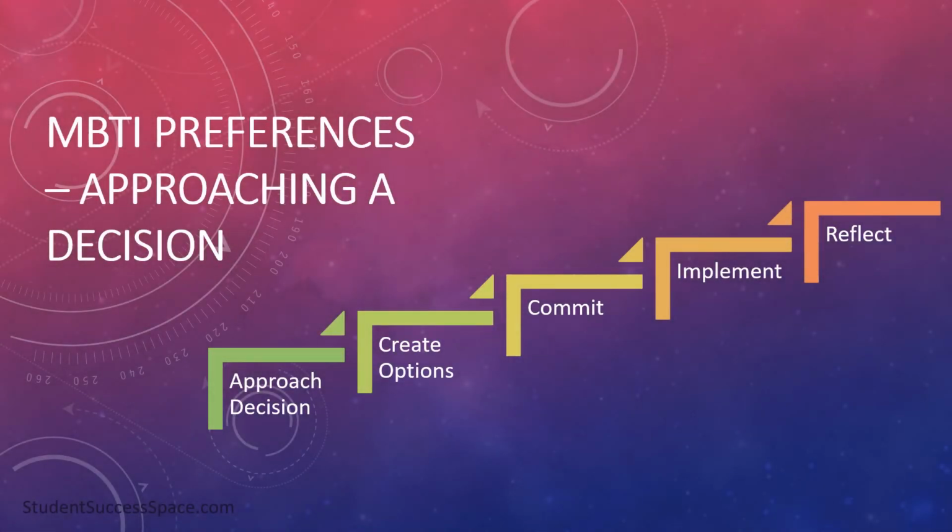Decision making has a variety of different theories on how a decision is approached and completed. For our purposes, we're actually going to focus upon this particular method, which includes 5 different steps, including approaching the decision, creating or generating a variety of decision options, committing to one of those options, implementing that option or decision, and then we'll conclude with that reflection process when we go back and evaluate the entire process and the validity of the decision which was made.